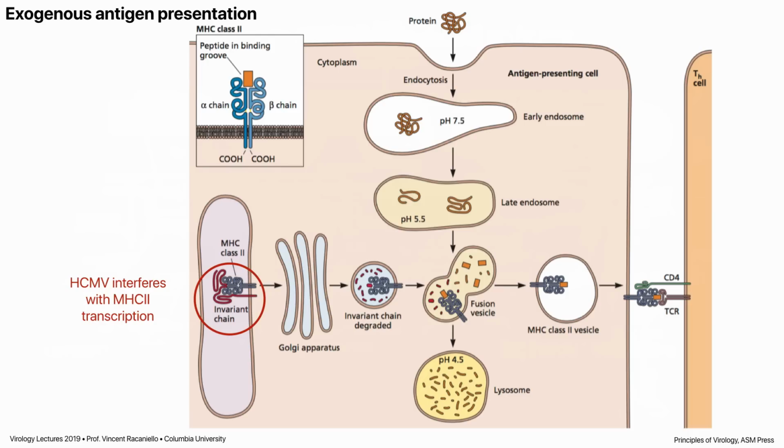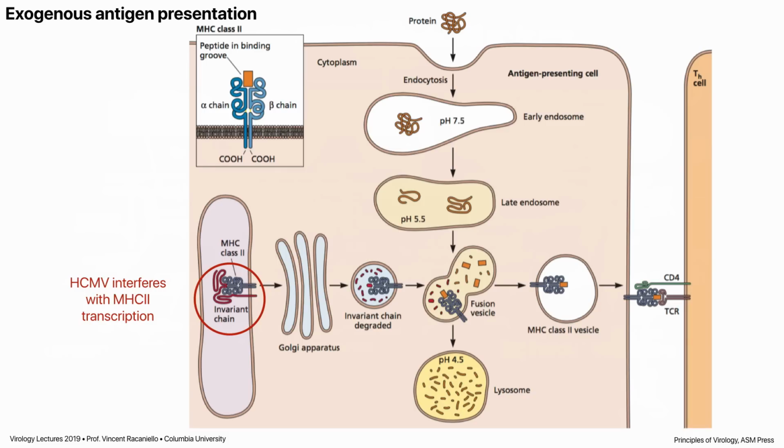Remember, the dendritic cells are taking up pieces of dead and dying cells that are killed by virus infection. It processes the peptides and presents them on MHC class 2. This is called the exogenous antigen presentation pathway. The name is very straightforward. It simply means the cells are taking up exogenous protein floating around in the extracellular milieu, and then processing it in the cell. And that's going to be in contrast to the endogenous pathway, which we'll see in a moment,